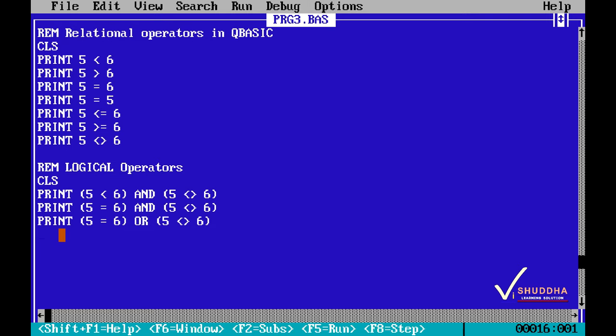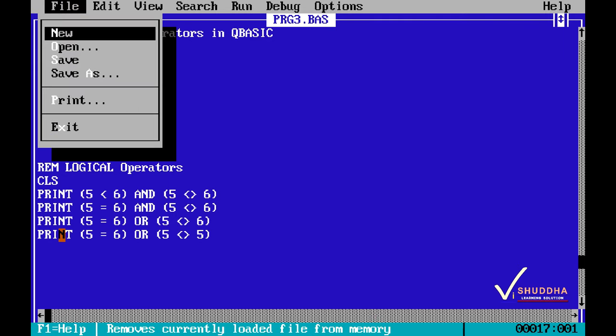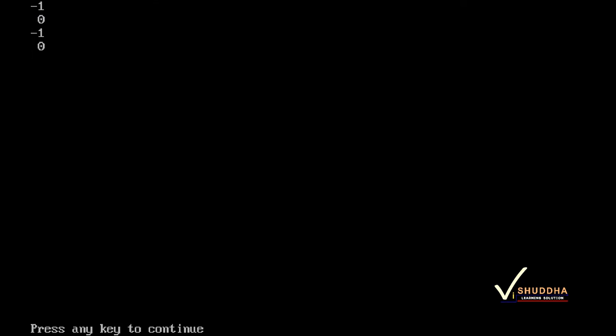Otherwise it returns true. Now let's try it practically. So print 5 is equal to 6, which is false, then OR, and then 5 is not equal to 5, which is again false. So when we write both the relational expressions as false, it is going to return false.